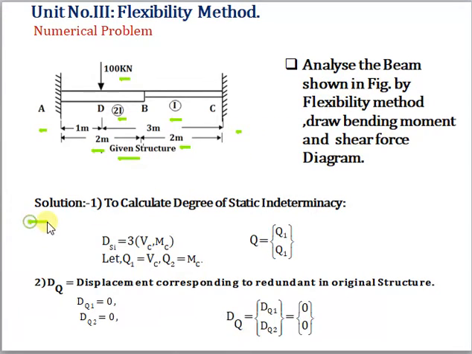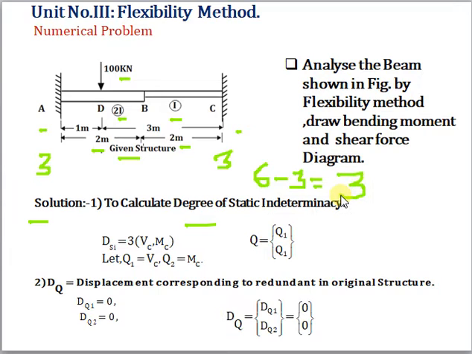Now the first step in the calculation is to find out the degree of static indeterminacy. At a fixed support there are three unknowns. So at A there are three unknowns, and at C again there are three unknowns. So total unknowns are 6, and we have 3 equilibrium equations: summation Fx, summation Fy, and moment about any point equal to 0. If we take the total number of unknowns 6 minus the number of equilibrium equations 3, we will get the degree of